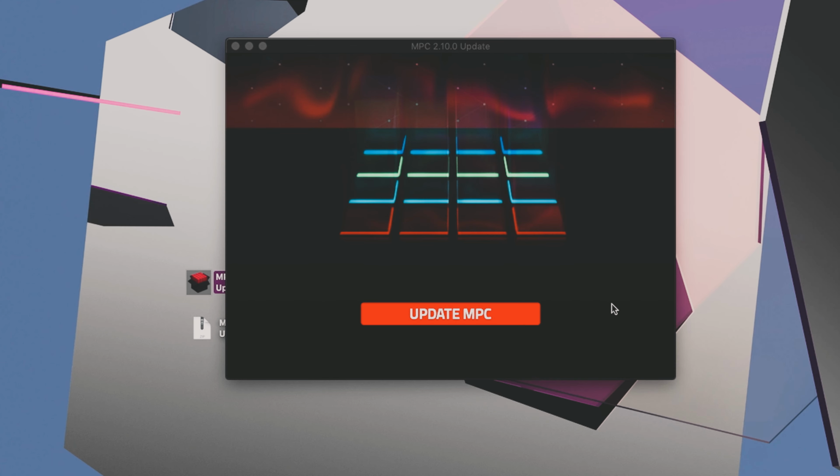And it's just giving me a security warning here. Are you sure you want to open it, because we don't know about the developer of this software? And yeah, I do, because I do trust them. Right guys, so on the computer screen now we've got update MPC, and what I'm going to do is go